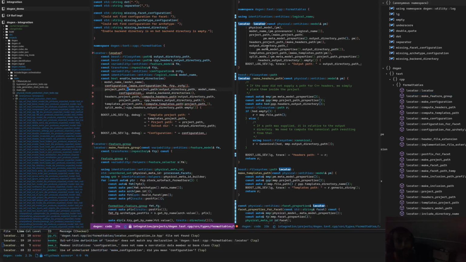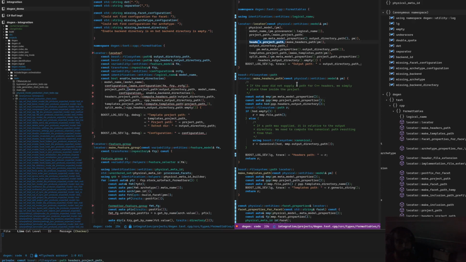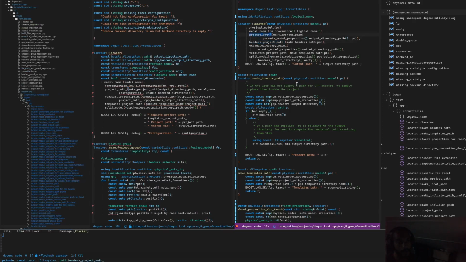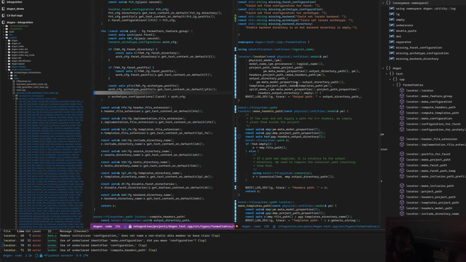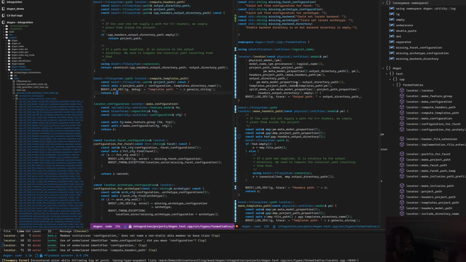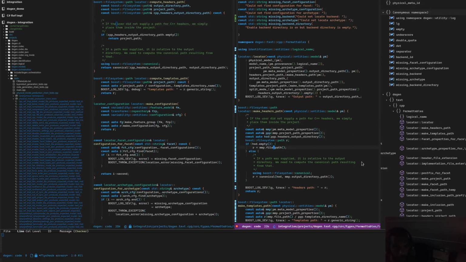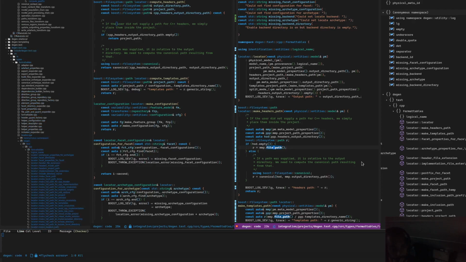Now everything changed, right? So what we're going to see now is that the project path is indeed being computed, but we're not supplying it to the headless project path, which makes me think this guy here is doing something completely different now. So let's look at the logic as it was. If the user did not supply a path to the header, simply pointing to the project, and what do we do? We point to